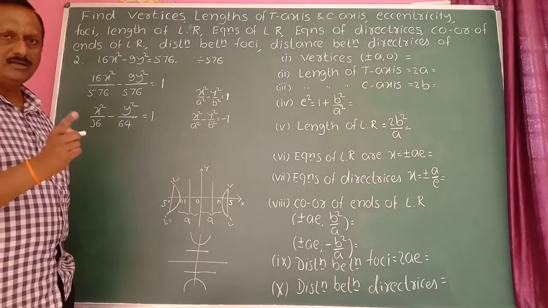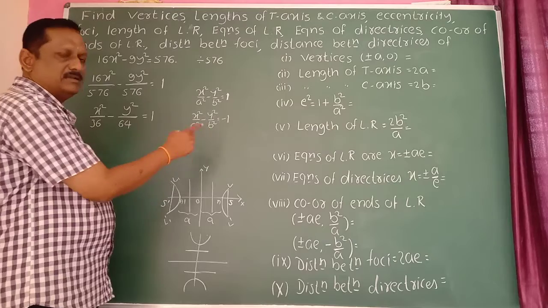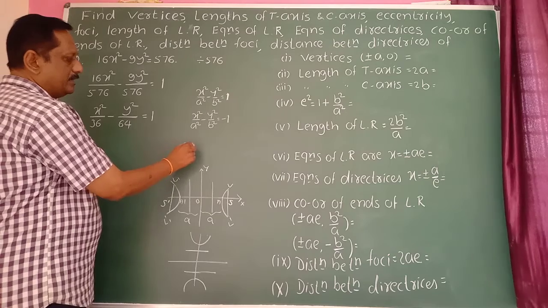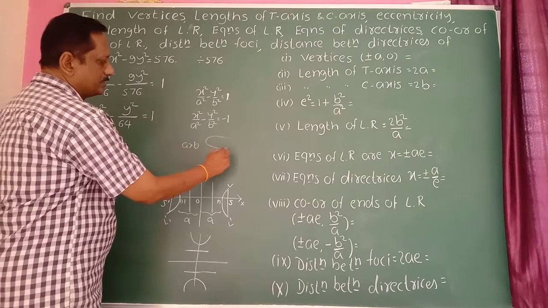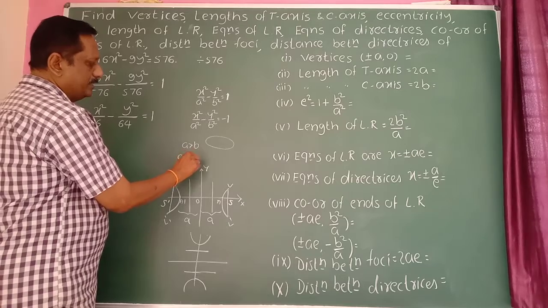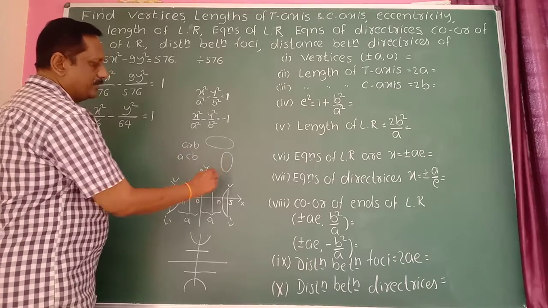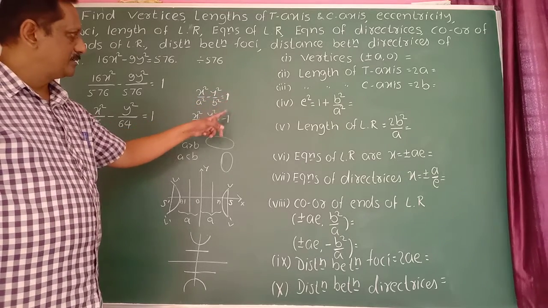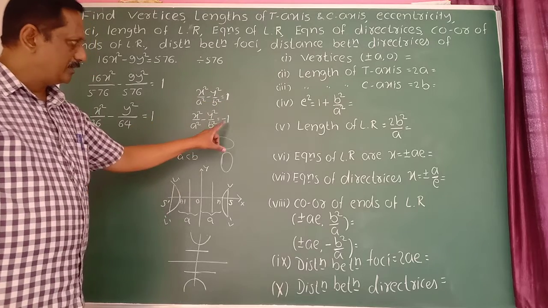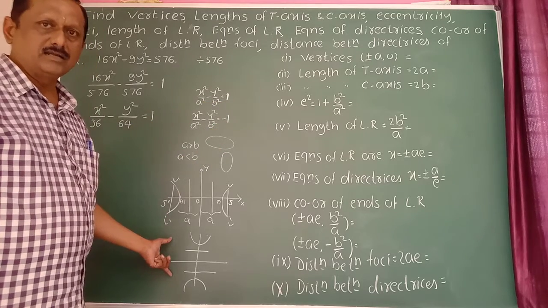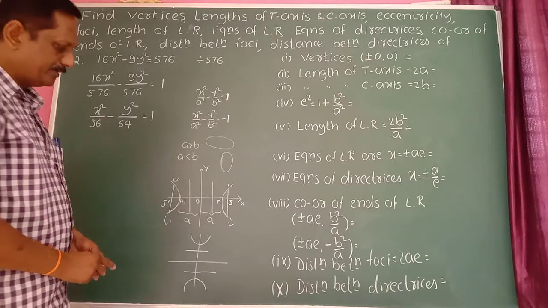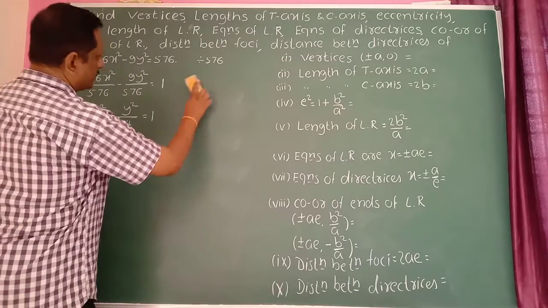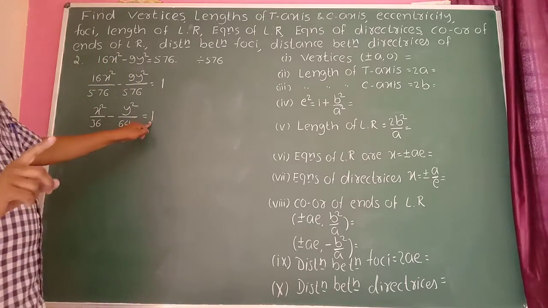Here we are not taking a and b values, but in an ellipse we are taking a and b. Suppose a is greater than b, then the ellipse is in this direction. If a is less than b, then the ellipse is in the other direction. But here we are not using a and b values; we are using the right side terms. If it is plus 1, it is a hyperbola. If it is minus 1, then it is a conjugate hyperbola. Whatever a and b may be, you just observe whether RHS is plus 1 or minus 1. Here it is plus 1, so it is the equation of a hyperbola only.